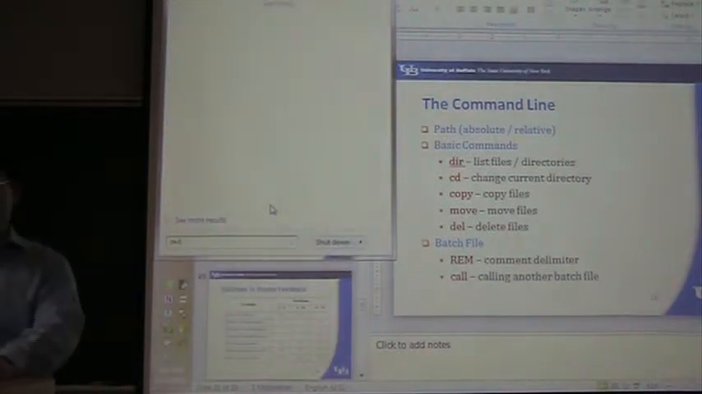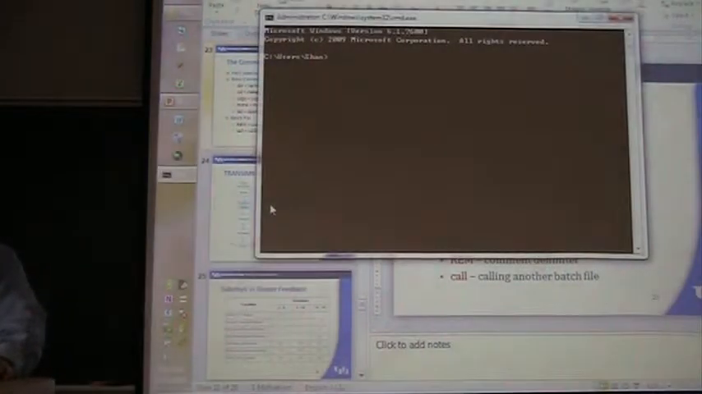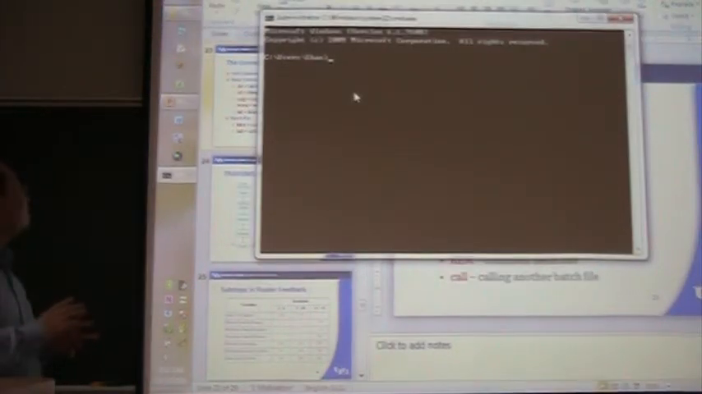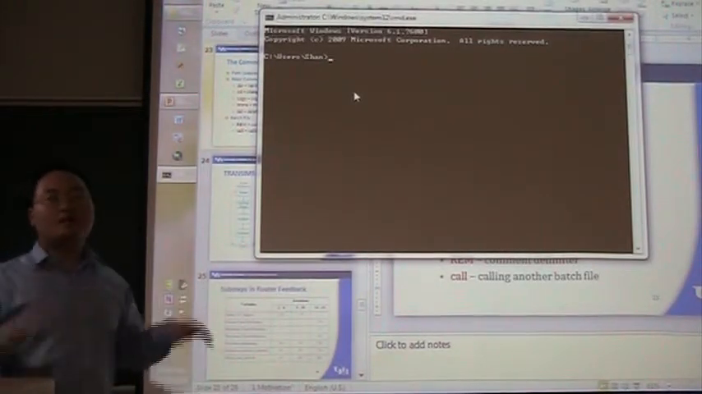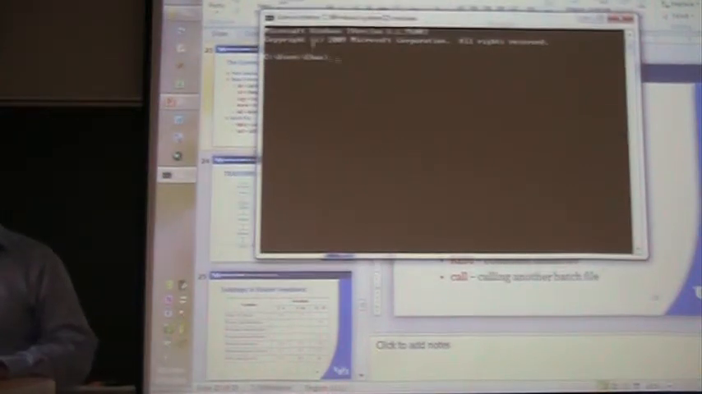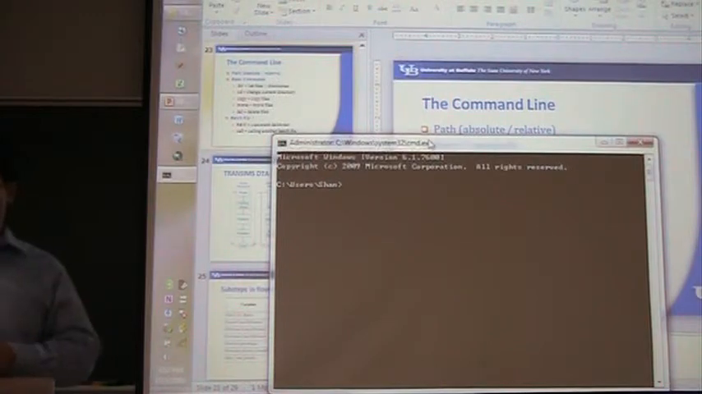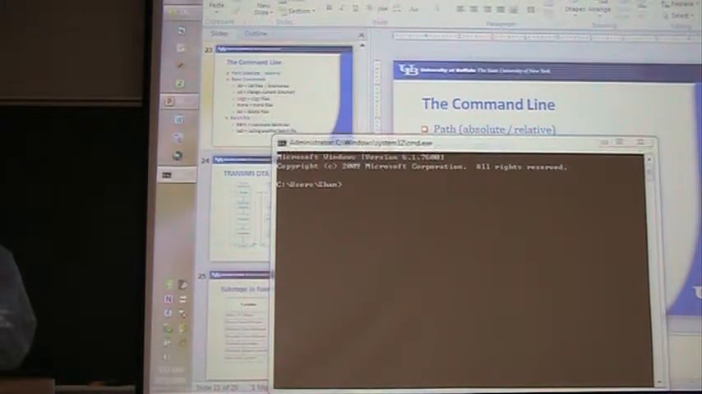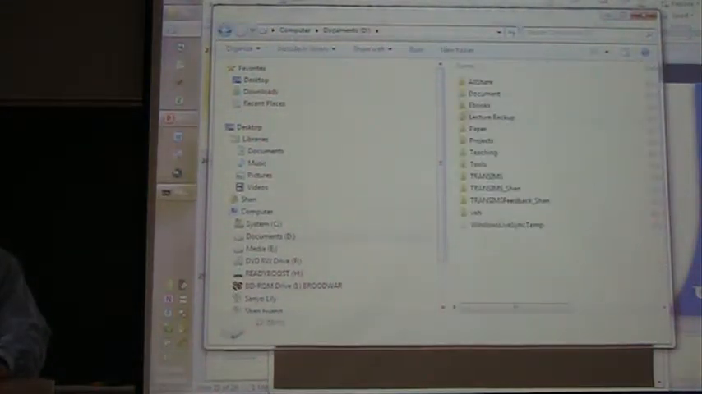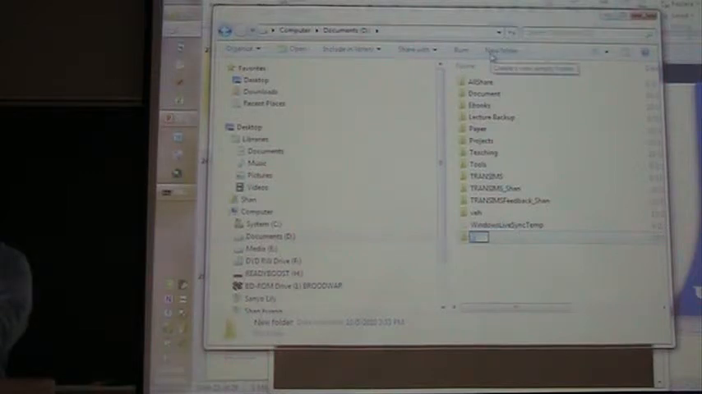The first thing you want to do is type CMD. This is a command window. In a command window, you can type commands, execute commands. The first concept I want to emphasize is path, including absolute path and relative path. So for example, this is your drive D. If you create a new folder called A,